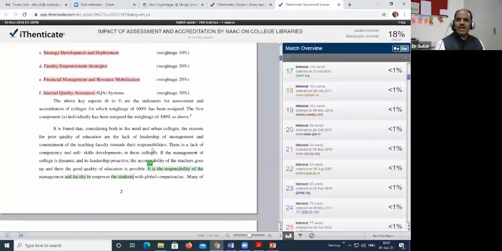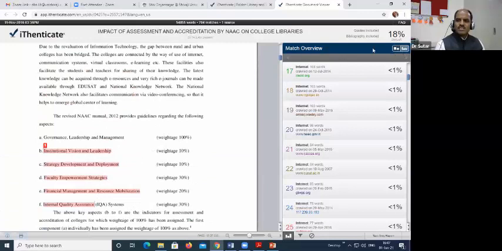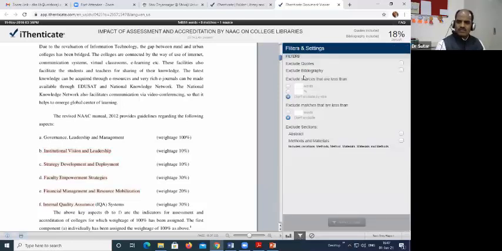Okay. Now I will come to some of the parts of this filtration. See, quotes are included, bibliography is included. Now, as per the law, quotes and bibliography be excluded. So we will see what is her percentage. So in the filtration mechanism, I will go here. See here, there is option exclude quotes, exclude bibliography. Okay, exclude sources that are less than, as per law, I will like to put 14 words. Okay, then exclude methods and materials. Methods and materials are not there, and I will make apply changes.